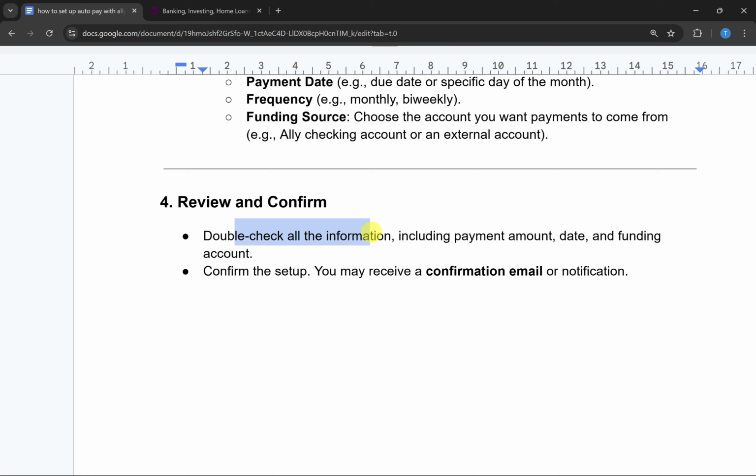You need to double check all the information including payment amount, date and funding account. Then if you are satisfied with all details, simply confirm the setup. You will receive a confirmation email or